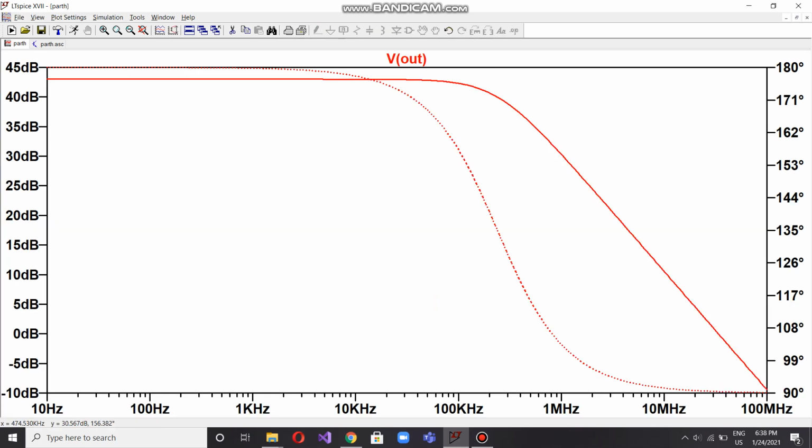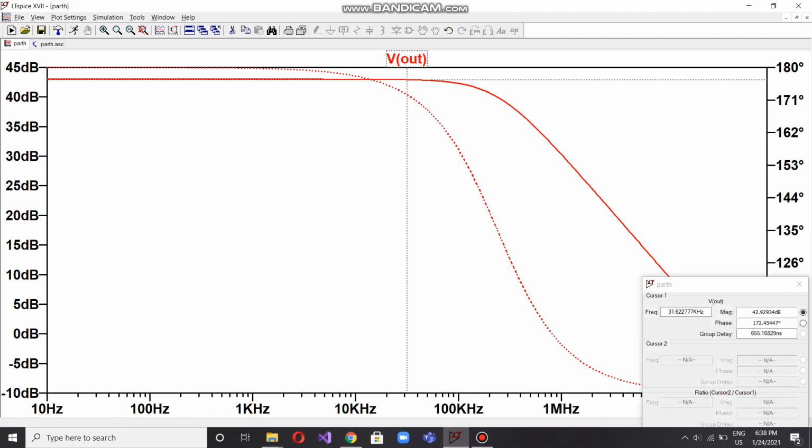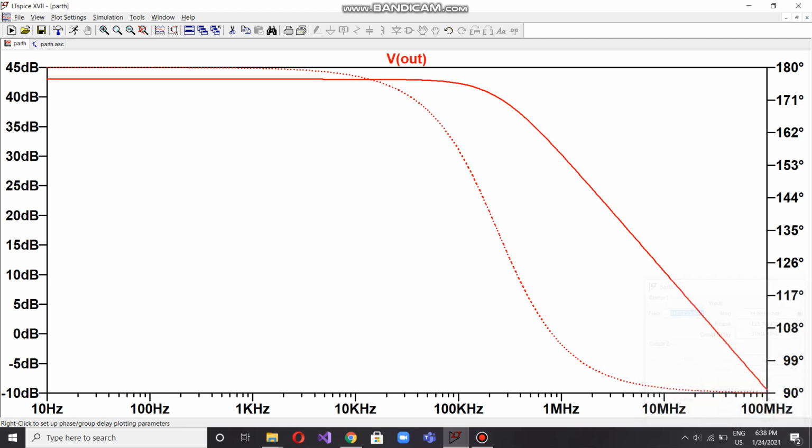So you can see the output, I'm having a gain of some 42.99 dB, and to check the 3 dB frequency I have to go to 39.99 dB. Somewhere around 249 kilohertz, something like that. Okay, so this way we can calculate the 3 dB frequency also, and I am having a gain of approximately 42 dB, which is quite a high gain.